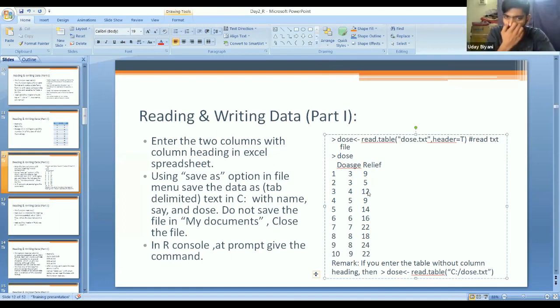Ma'am, what is the use of the header name? It is not showing in the R console. See, doses and relief. We have not given header is equal to true over here.